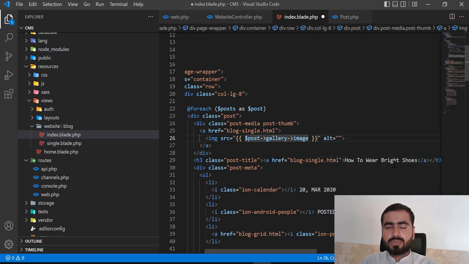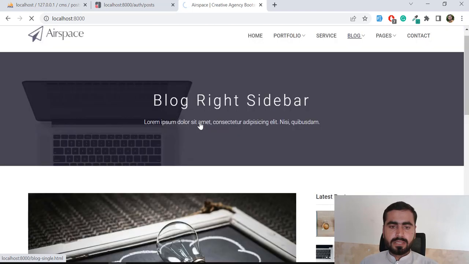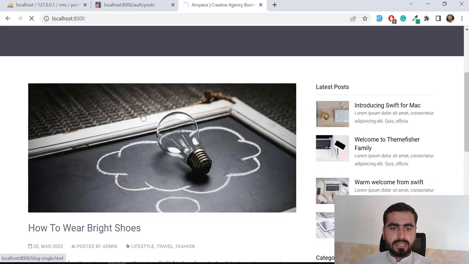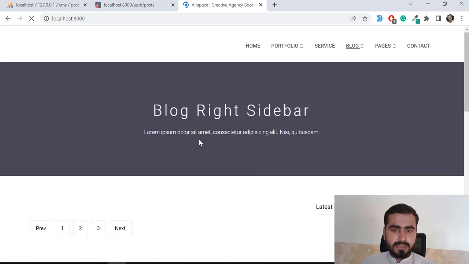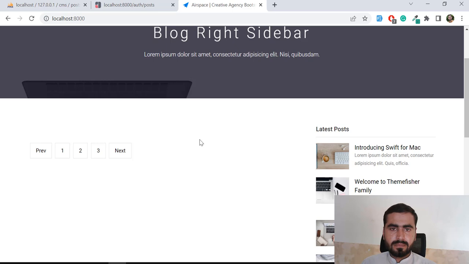So here we also don't need to mention our image path. Why? Because we set this up on the gallery model as an accessor, right? So we don't need to mention this out. That is the beauty of using the mutator. Now let's refresh and check how our images look. And yes,